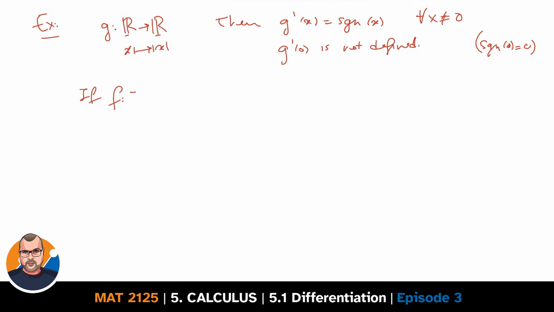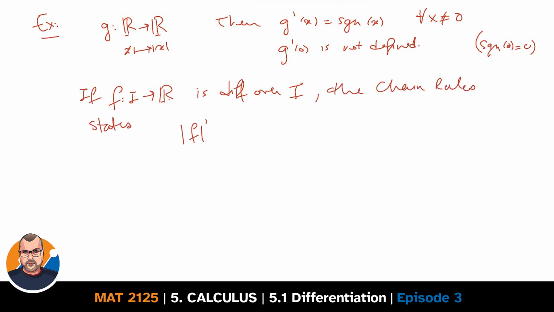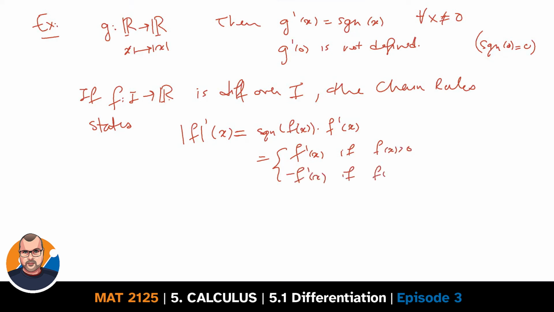If f is some differentiable function over the interval I, the chain rule tells us that the derivative of the absolute value of f would be the signum of f at x times f prime at x. And that's going to be f prime at x if f at x is greater than 0, or minus f prime at x if f at x is smaller than 0. But what happens if f at c is equal to 0? What's the derivative of the absolute value of f then? Is the function absolute value of f even differentiable at